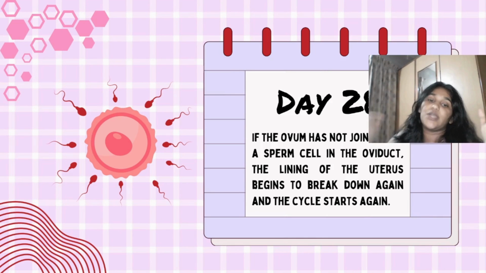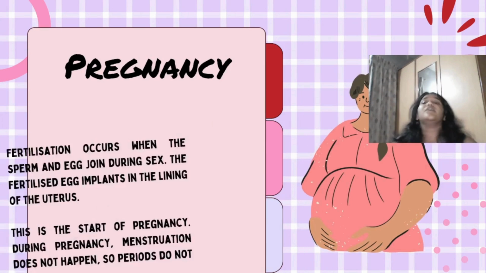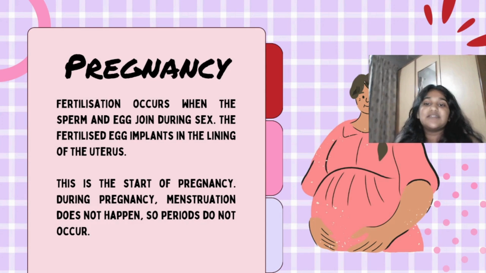Then we have day 28 as the last day. The ovum has not joined with a sperm cell in the oviduct. The lining of the uterus begins to break down again. The cycle starts again and you have your period. Okay. So, what is pregnancy? Fertilization occurs when a sperm and an egg join during sex. The fertilized egg implants in the lining of the uterus. This is the start of the pregnancy. During pregnancy, menstruation does not happen, so periods don't come because there's a baby